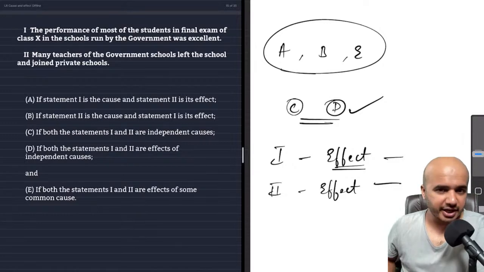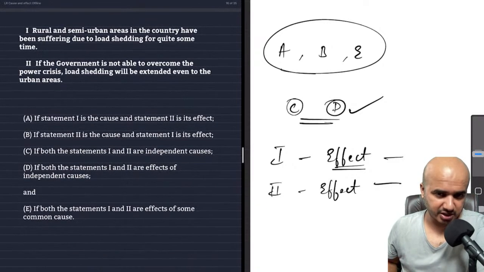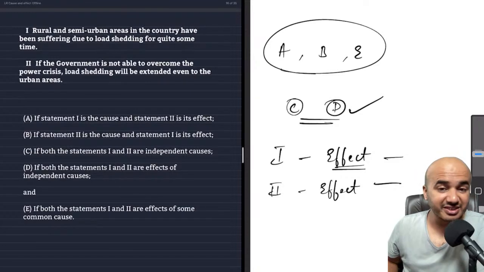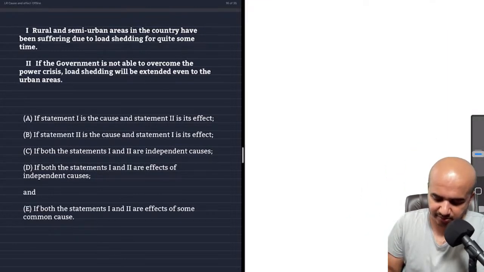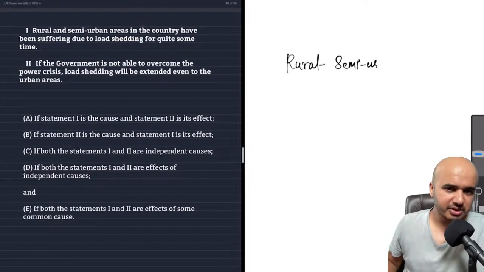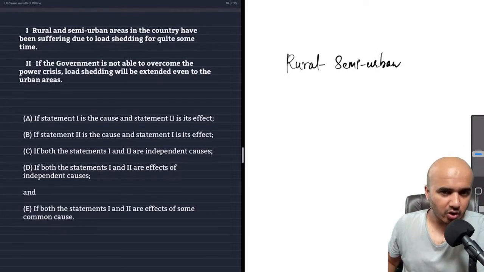Rural and semi-urban areas in the country have been suffering due to load shedding for quite some time. Okay, this is something which is very common in rural areas, and here they say even semi-urban areas are suffering from load shedding. Fine. Load shedding means there's power cut. If the government is not able to overcome the power crisis, the load shedding will extend even to the urban